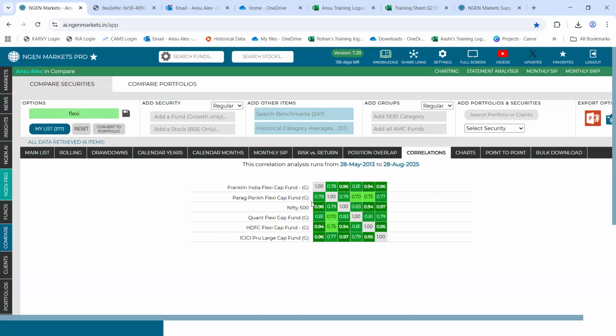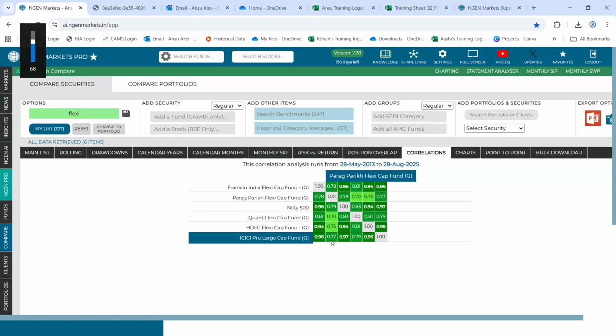Right. So I have added in the funds, and let's say I try to read this with ICICI Large Cap for this Flexi Cap fund. Let's say Parag Parikh and ICICI Large Cap. So it says that if the NAV of ICICI Large Cap goes up, 77% of times the NAV of Parag Parikh will also go up in the similar direction. So this is not letting you know the magnitude of change. This is letting you know the directional similarity in terms of their NAV movement specifically.